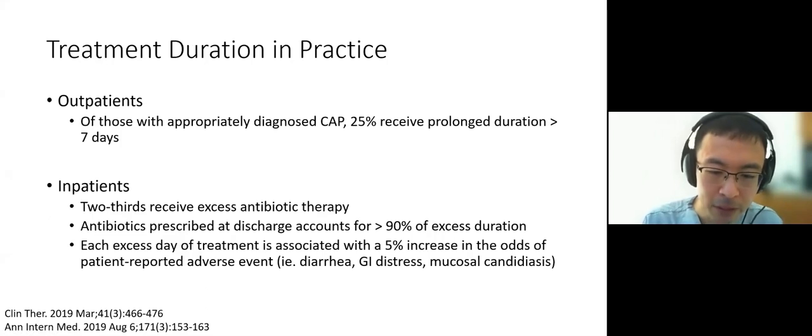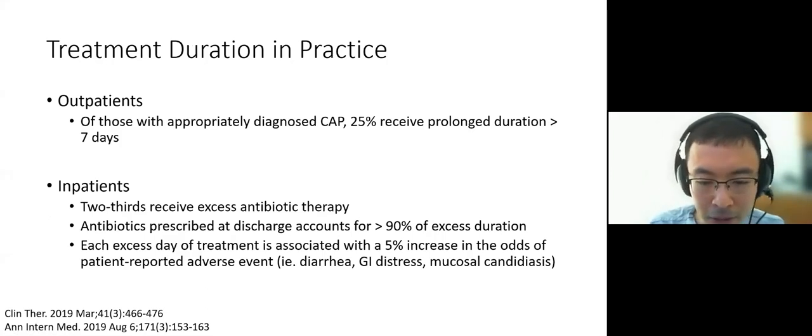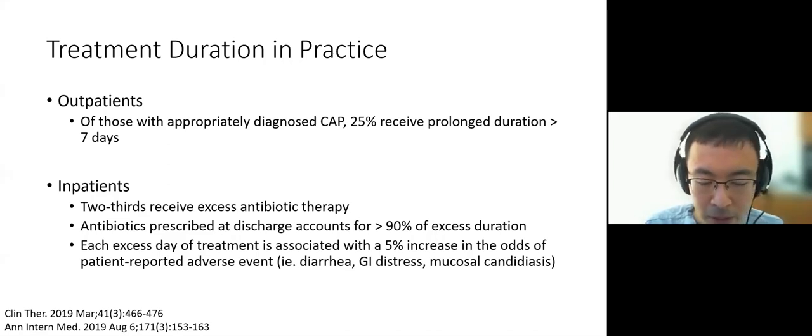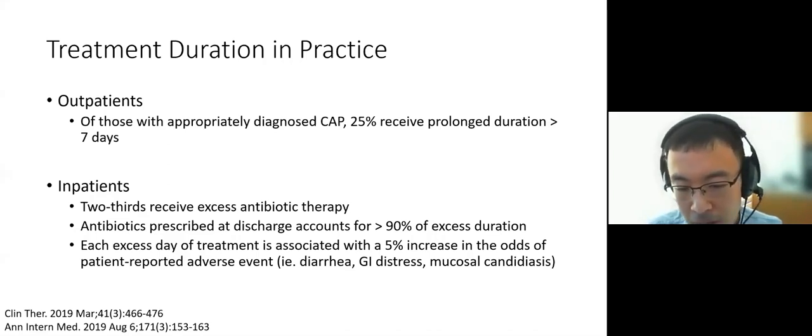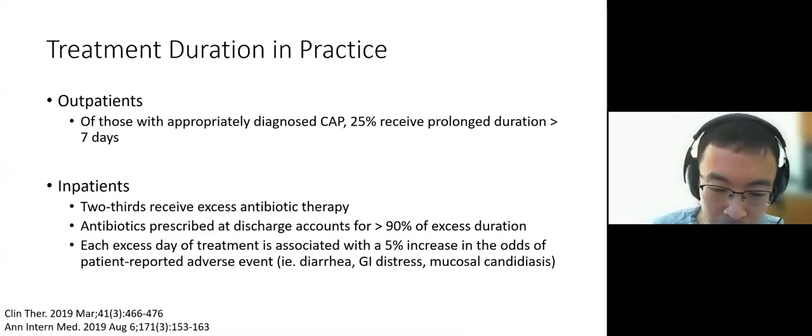So as with many infections, overtreatment is a common problem in CAP, despite what the evidence tells us. 1/4 of patients are treated for more than 7 days in the outpatient setting. And among inpatients, 2/3 of those were on antibiotics for too long, even though almost 90% of them stabilized quickly enough to be appropriate candidates for 5 days of treatment.